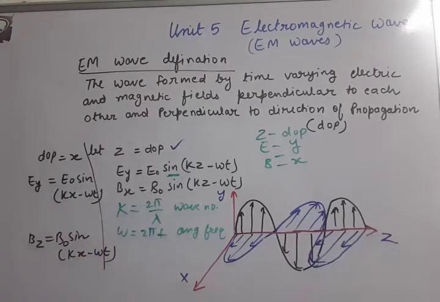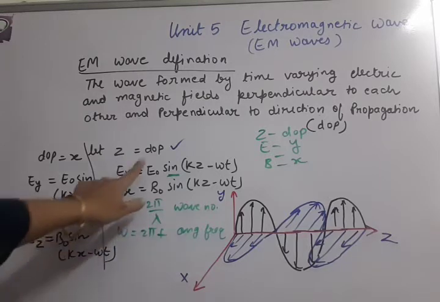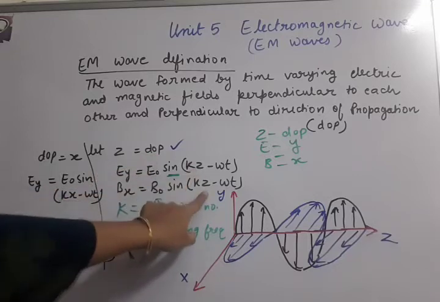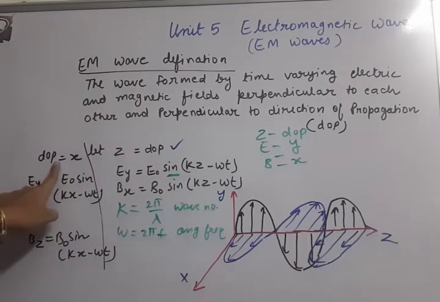So whatever DOP is given in the question, that you have to write in the bracket of sin theta. In place of this DOP, x should be mentioned. तो जब तक z DOP लिखा हुआ था हमने z लिखा, जैसे ही x लिखा हुआ है DOP तो हमने ब्रैकेट में x लिखा. अब अगर x सेलेक्ट हो गया है DOP तो इलेक्ट्रिक फील्ड को y डायरेक्शन दे देते हैं और मैग्नेटिक फील्ड को z डायरेक्शन दे देते हैं. ओके, so this way we have to make the equations of electric and magnetic field.